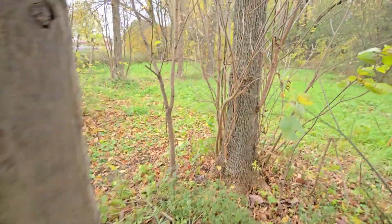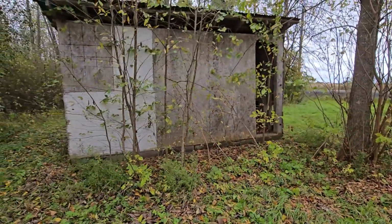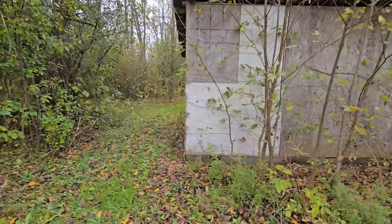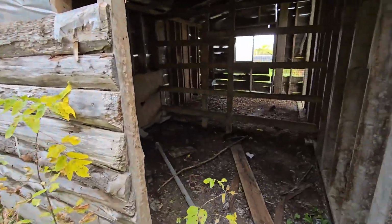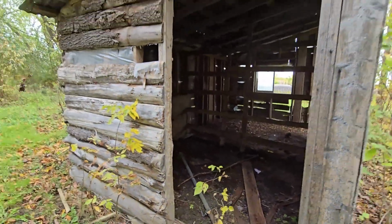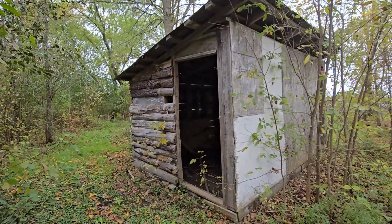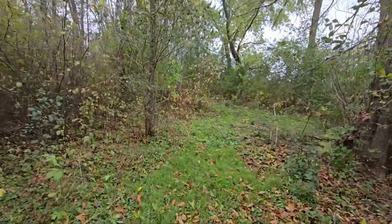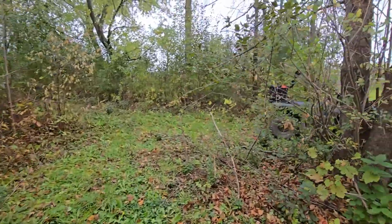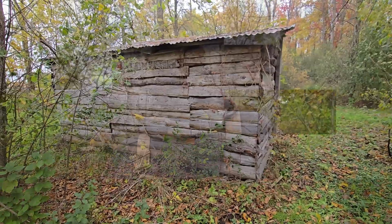And then we'll go back out this side. We'll show you the other side. This side has plywood on it. I'm not sure if it was ever all completely open or not. Could have been. But I'm not sure if this side was open and this was just the entrance for it. There's the other side, the entrance here. And that's it. That's the donkey shed. Nothing spectacular. I'm not sure how many donkeys he had. I'm not sure how long the donkeys were here for. But that's it. So our next task is to clear all these